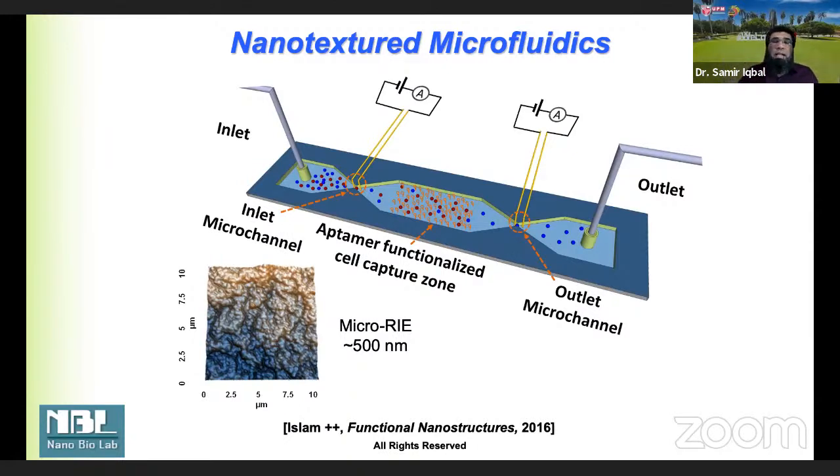The difference clearly tells us there are cells that got captured because they were cancer cells, and they got captured because they come in contact with the nanotextured functionalized device, and that shows you the difference, and in real time can tell you if there were tumor cells in a given sample, right?